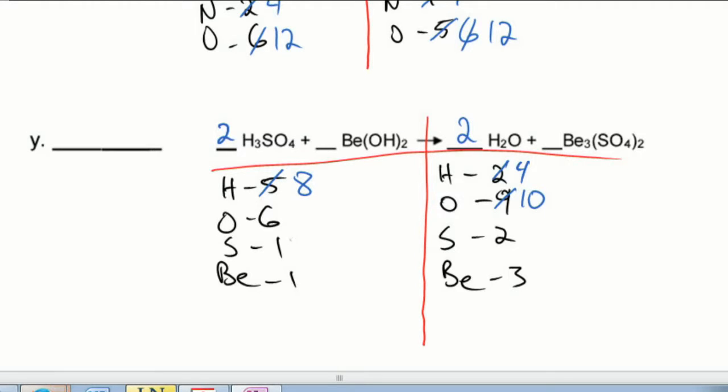Sulfur gets changed to 2. Oxygens 8 and 10. All right, now I'm gonna have to go back and change my hydrogens. My oxygens seem to be good now, so